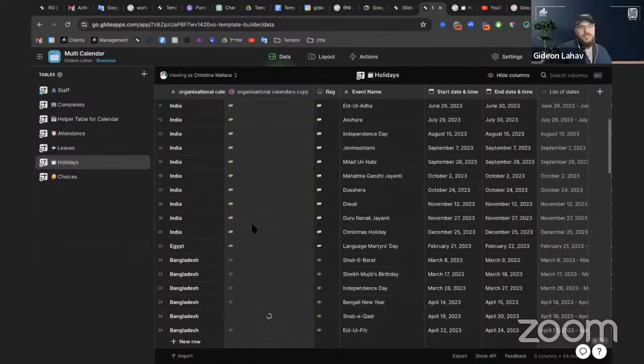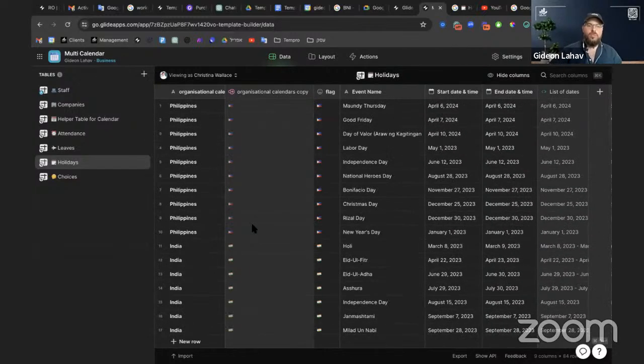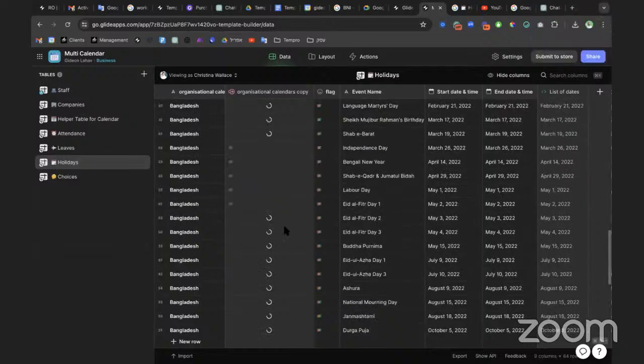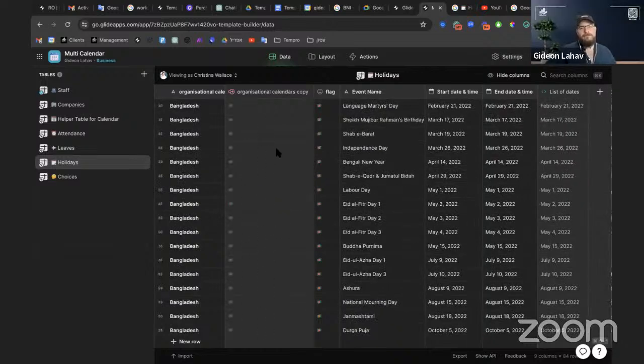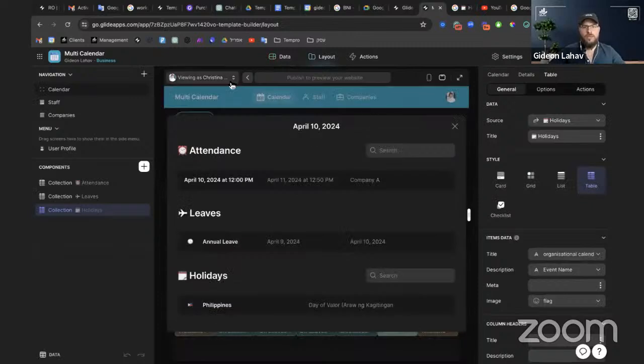You can do it this way, or you can do it if you don't want to use up your updates, because every time this circle thing goes around, it's one update. And also every month it will count as an update. So you have 84 monthly updates. But if you want to not have that, basically what you can do is